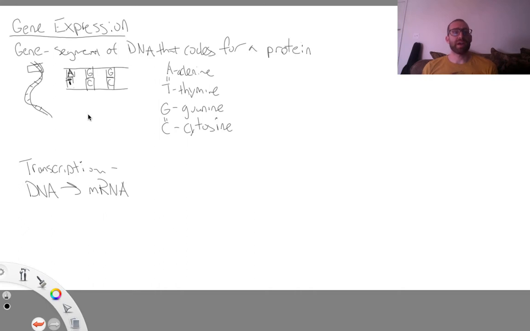So we have a segment of DNA that we're going to use to make a protein, right? This section unravels, so here's our DNA here, and we get one strand down here that has a particular code, right? So it could be A, G, G, T. And then what binds to it is messenger RNA. So RNA is another type of molecule